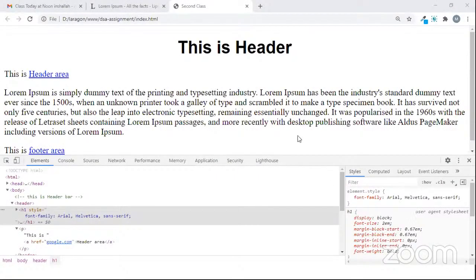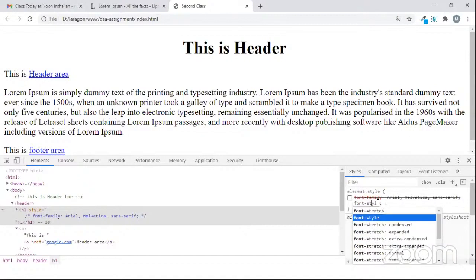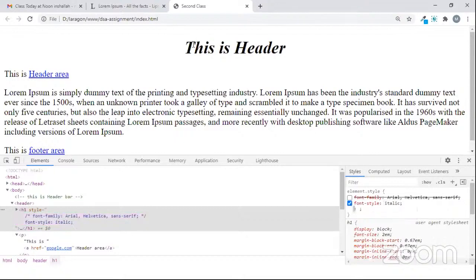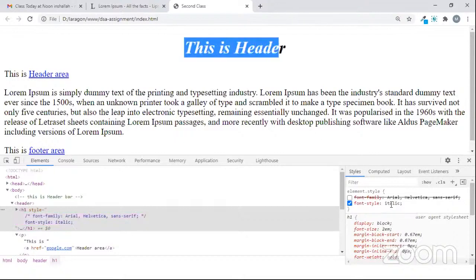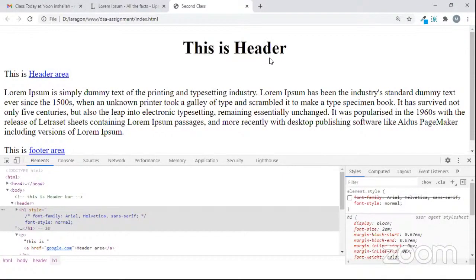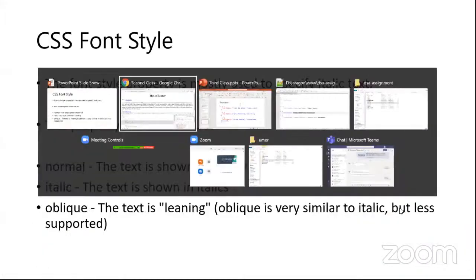Like if I want to change the style of the font family, how can I do it? So just simply type font-style, and then we can use italic. So you can see the font is italic now, and if I change it to normal, you will see the font is normal, because our font is already normal, so we do not need to apply normal. Because by default it's normal, and if I want to use oblique, you can see